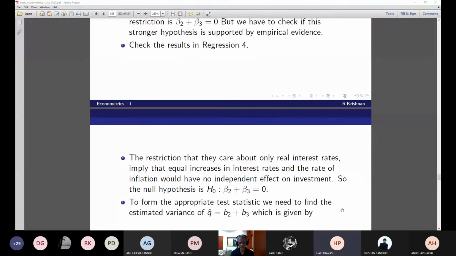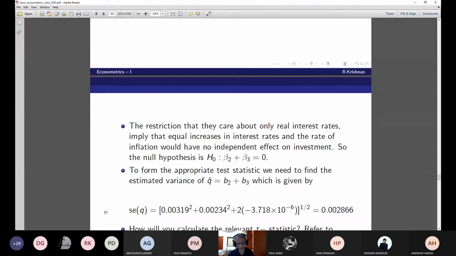What is the variance of X plus Y, where X and Y are two random variables? X plus Y, sir. No, I'm just asking you, in this case also, what is the general formula? There is another term that is needed, right? 2 into covariance of B2, B3? Yes, sir. 2 into covariance of B2, B3. Don't forget those formulas. But can we calculate? I have not given you the covariance.